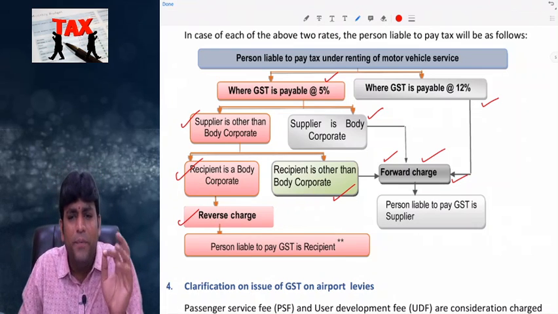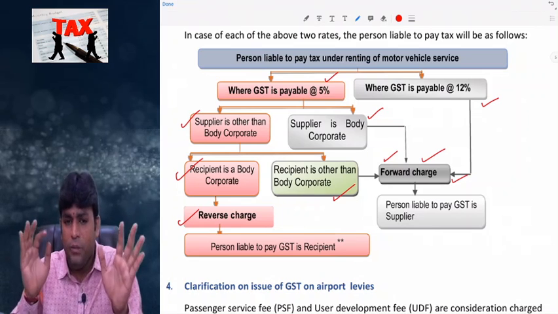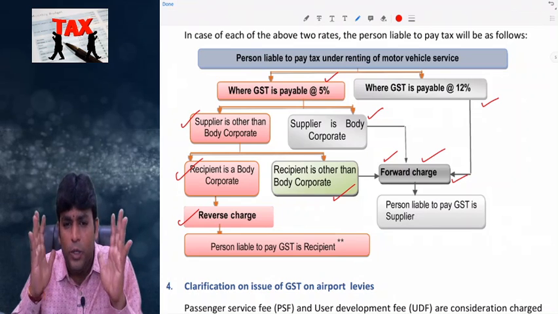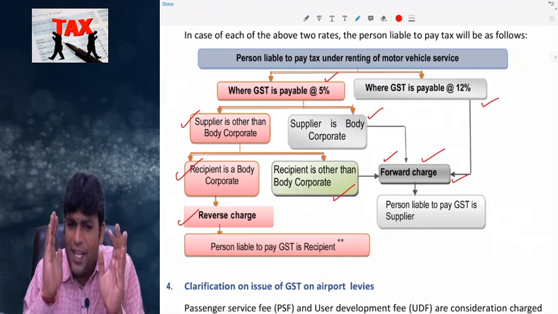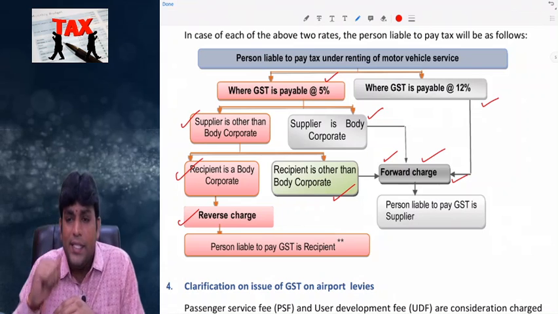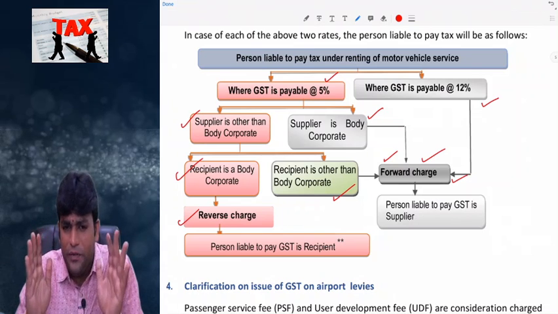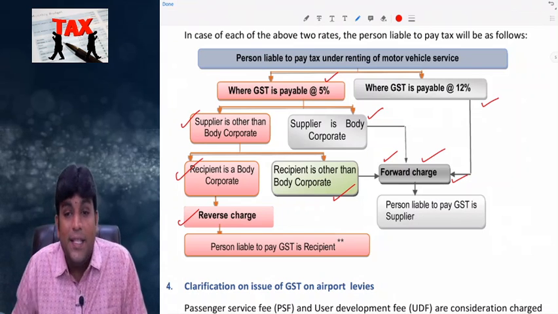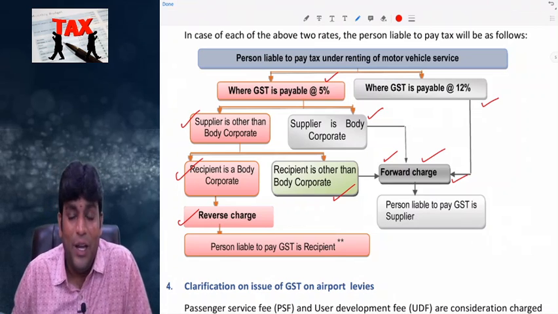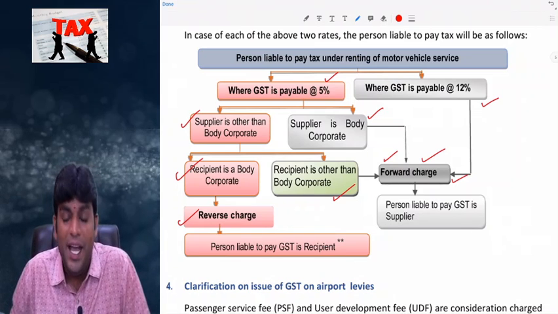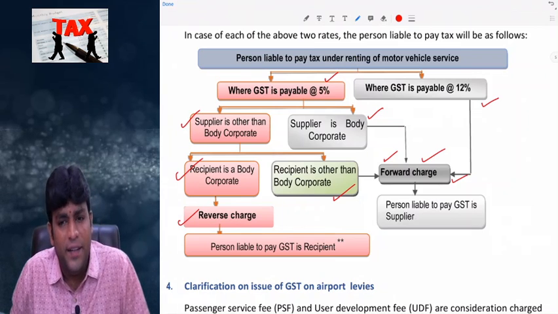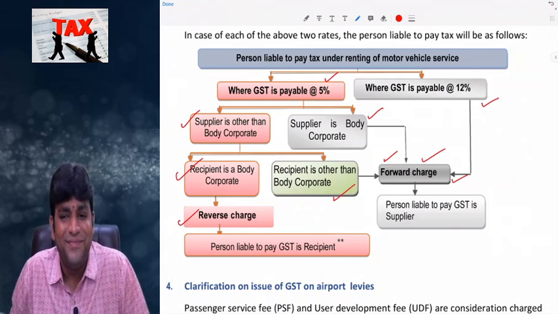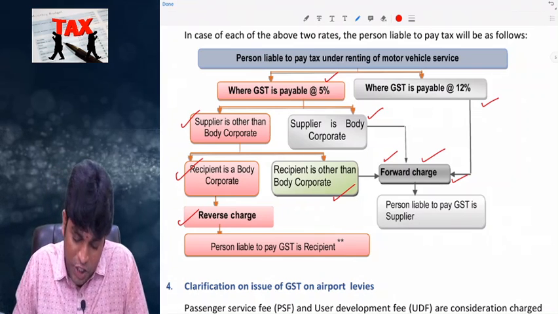This point is very important to be kept in mind. I repeat one more time, friends. In case of renting of motor vehicle, reverse charge mechanism will apply only when three conditions are satisfied. Condition number 1, supplier opted to pay tax at the rate of 5%. Condition number 2, supplier is other than body corporate. Condition number 3, recipient is a body corporate. If these three conditions are satisfied, then reverse charge mechanism will apply. If not, there is no question of RCM. That's it. Next,